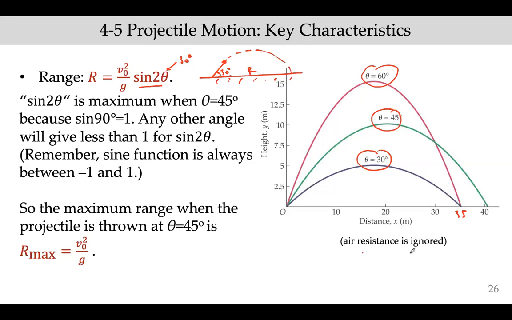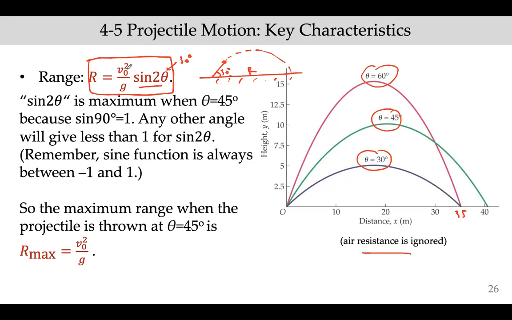And by the way, air resistance is always ignored unless you are told that there is air resistance, so we ignore it. So the question here is, what is the angle that would give me the maximum range? In this case, 45 gives maximum range more than 60 and 30, but is it really the angle? Let's calculate it. So this is the range. So I want to calculate the maximum value of this